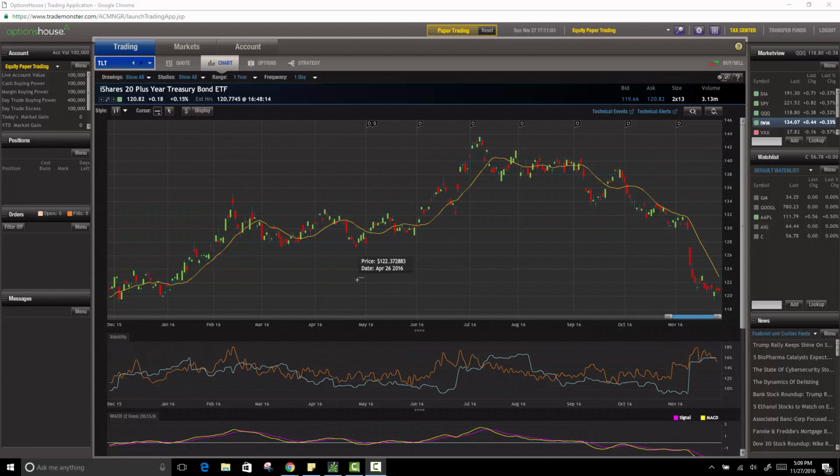So I'm in my Options House platform right now, and you can see the volatility graph is still quite high, and it's showing in the 60th rank in implied volatility range. We'll cover that concept a little bit later. So right now, if I look at the chart, it's gone up, it's going down. I don't particularly have a directional play on this, so we're going to go ahead and make an Iron Condor,